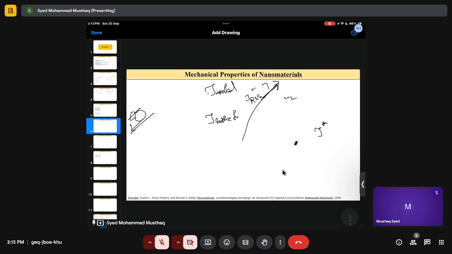Lattice friction, right? Now, what is my shear strain? Shear strain will be equal to,